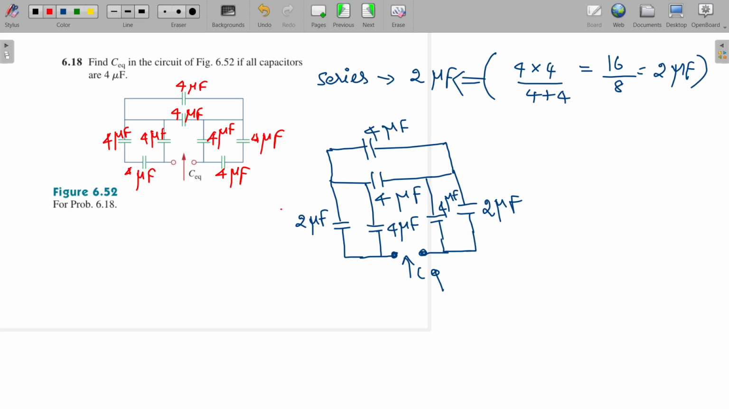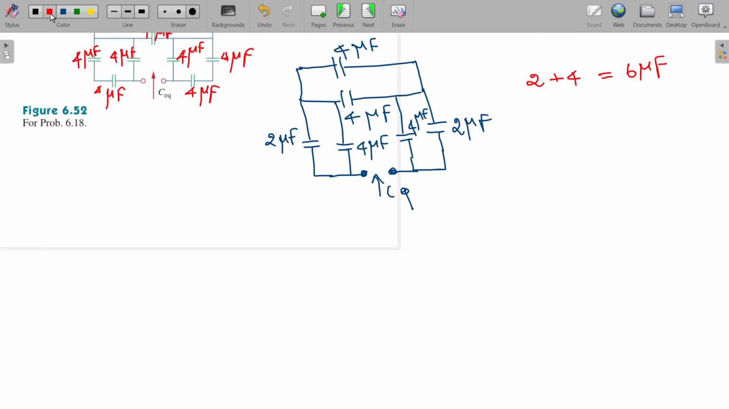So again, if you consider this 2 and 4, these are in parallel, right? So we can calculate this parallel combination. How to calculate the parallel combination? It is nothing but 2 plus 4, right? So 6 microfarad. So now again we can redraw the circuit with that 6 microfarad as, this is 4